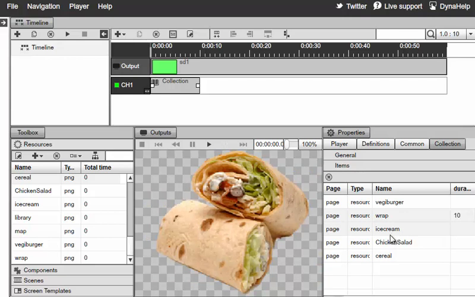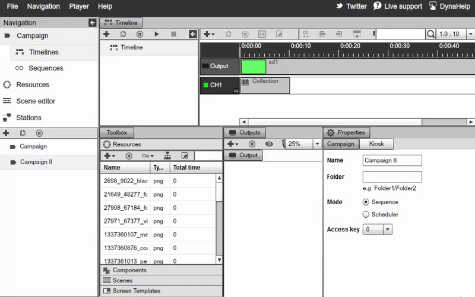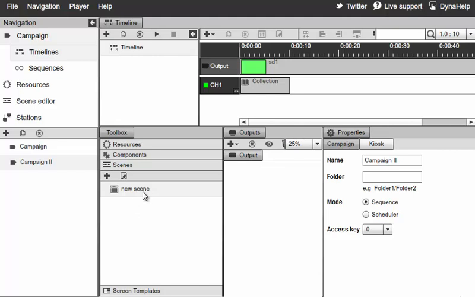Now the great thing here is that we can also mix into the item list scenes. So let's go ahead and add the scene now to the item list. So we'll go over here to the scenes, select this scene we have here. Let's actually go ahead and edit it. So click right here